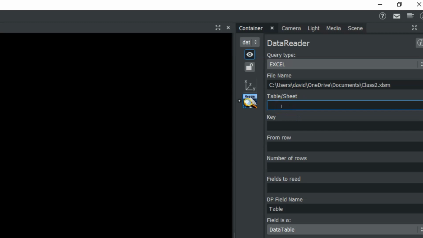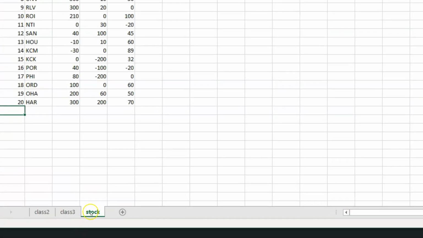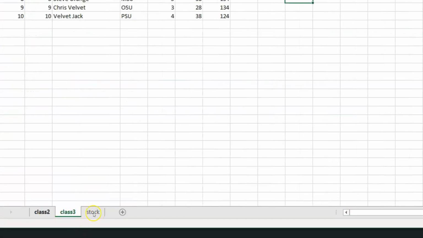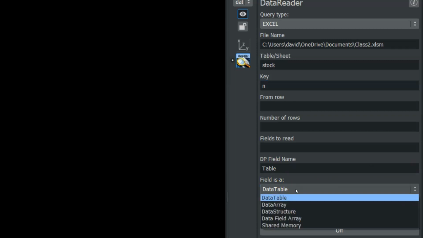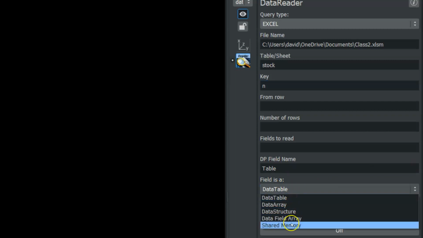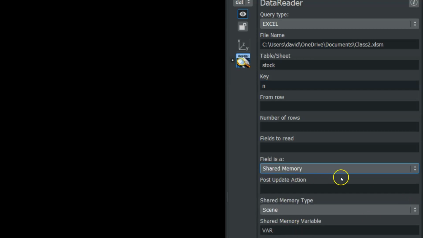Next, we need to know the table or the sheet, which refers to these tabs down here. We are using stock in ours, so I'm going to type in stock right there. Next, we need to know the key, so I'm going to type in N. Now, before I go any further, I want to come down to this field, which is a selection box. Instead of using data table, I'm going to use shared memory. When we do that, it opens up another selection type here,